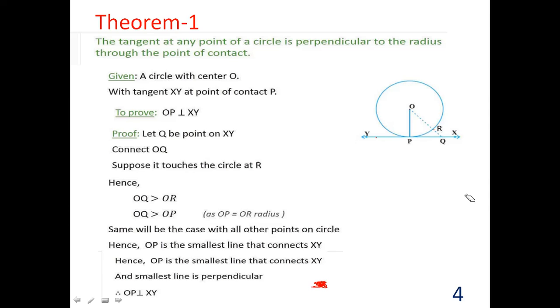Okay, did you understand this theorem? Very simple. Only two steps here in this. OQ you have to draw. Say that is greater than OP. And you can claim that it is the same with any other point on the circle. Okay, it's a simple theorem, important, maybe for 3 marks or 2 marks. So be ready. You may get it in the final exam. Next one,